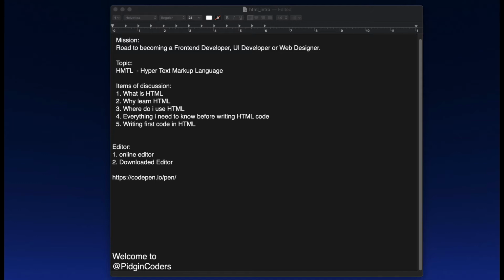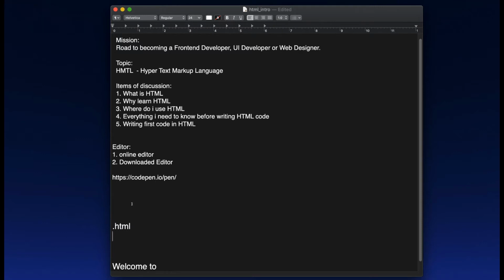So the other thing wey I wan talk about na wetin we need before we go actually write this HTML code. So the first thing wey I go talk say we need na the kind code editor wey we go use dey write the code. And if we write the code, wetin be the extension wey you fit take save the file so that computer go know say na HTML code be that. So the extension wey you fit take save am na .html.